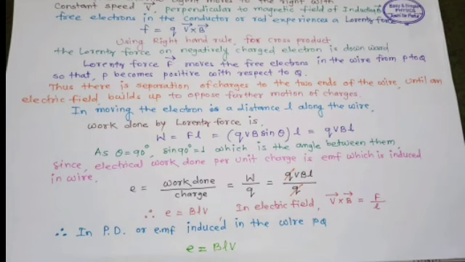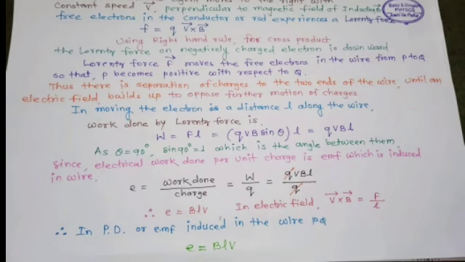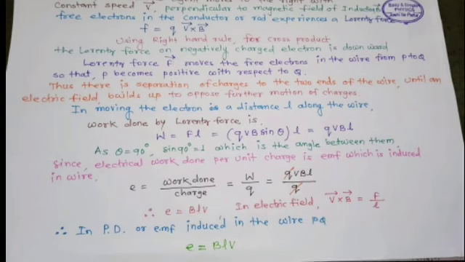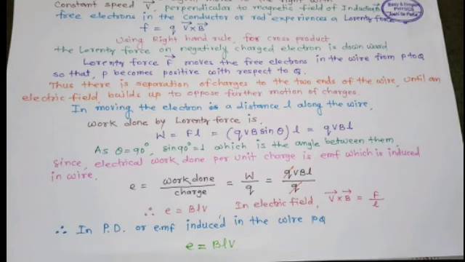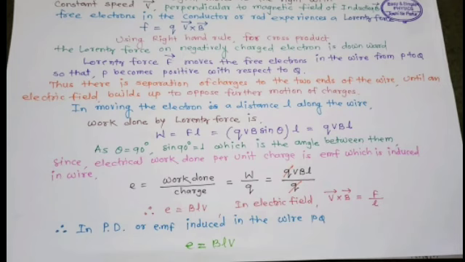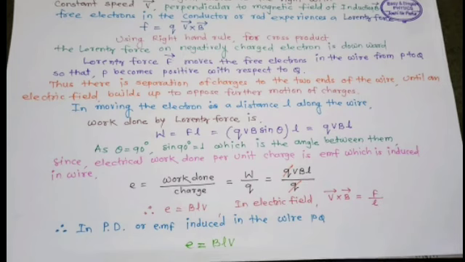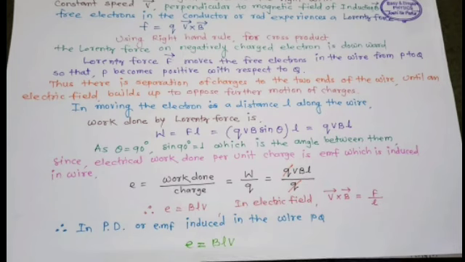In moving the electron a distance L along the wire, work is done by the Lorentz force. So W is equal to FL, which is equal to Q V B sin theta into L,